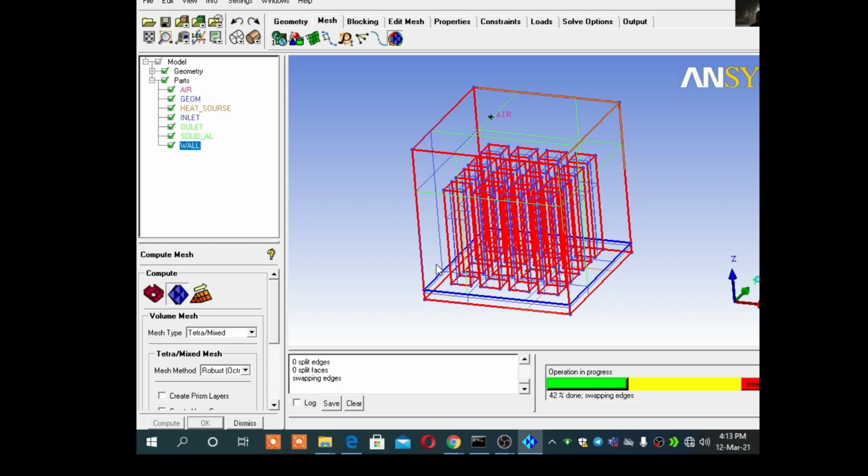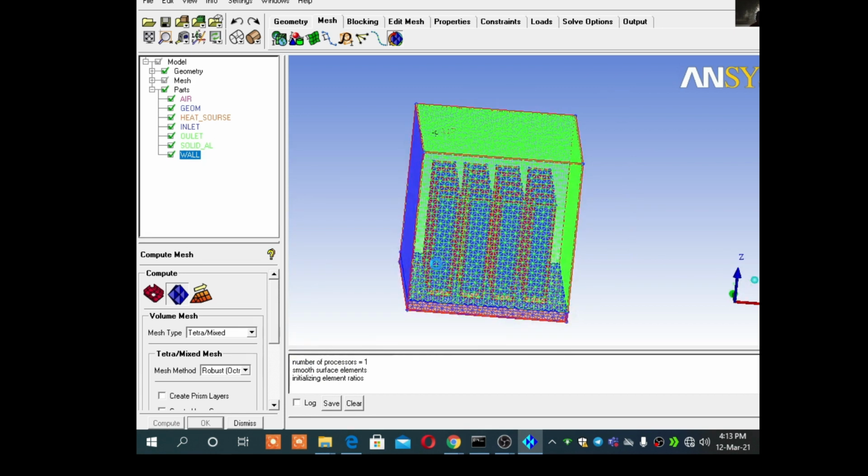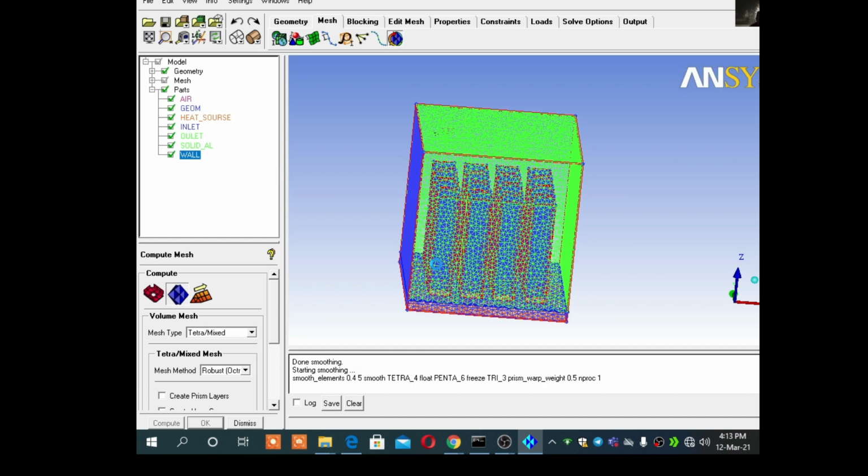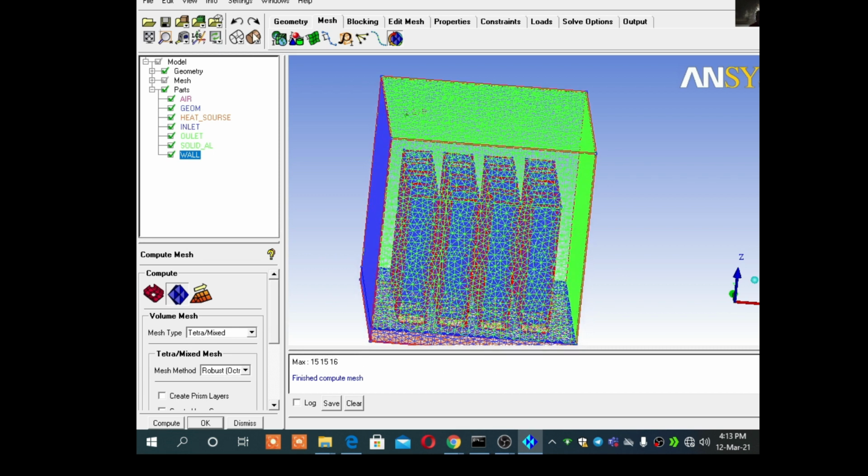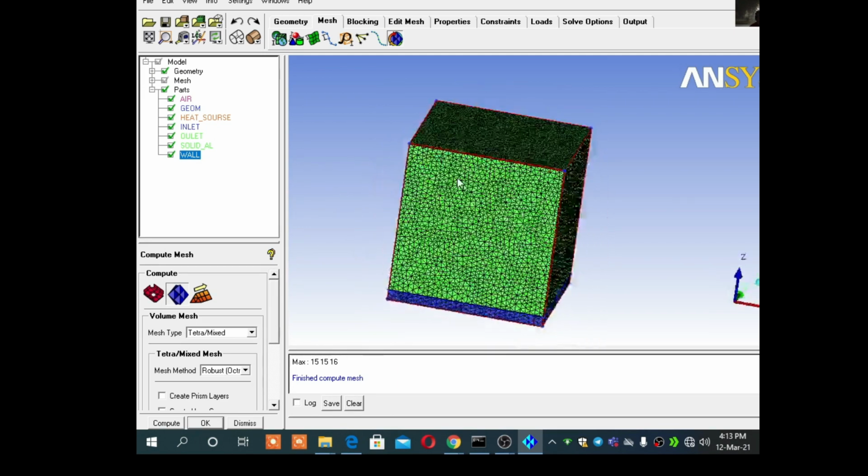So it will take some time, 1 or 2 minutes, not more than that. Yes, I got a good mesh. I will show you. Now you can see it is a box.